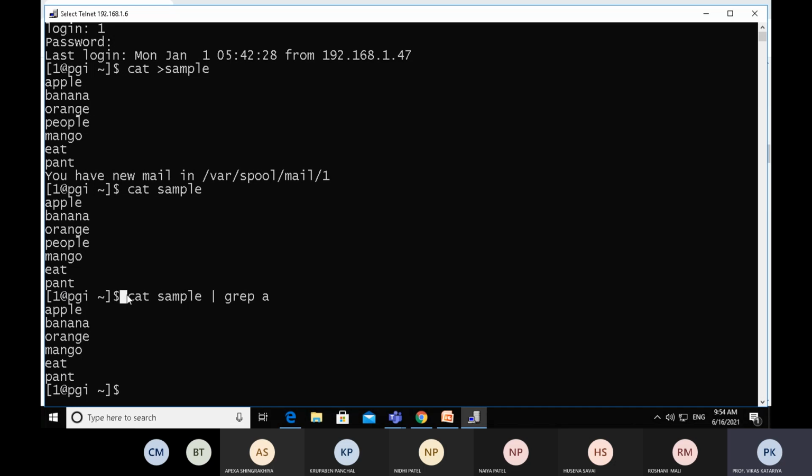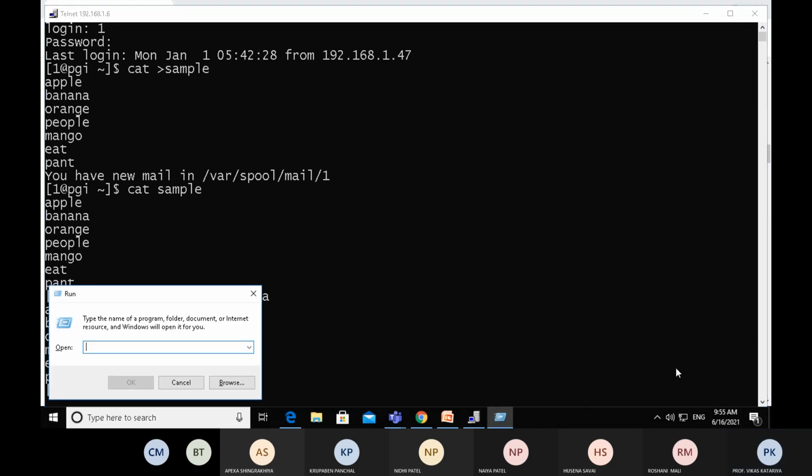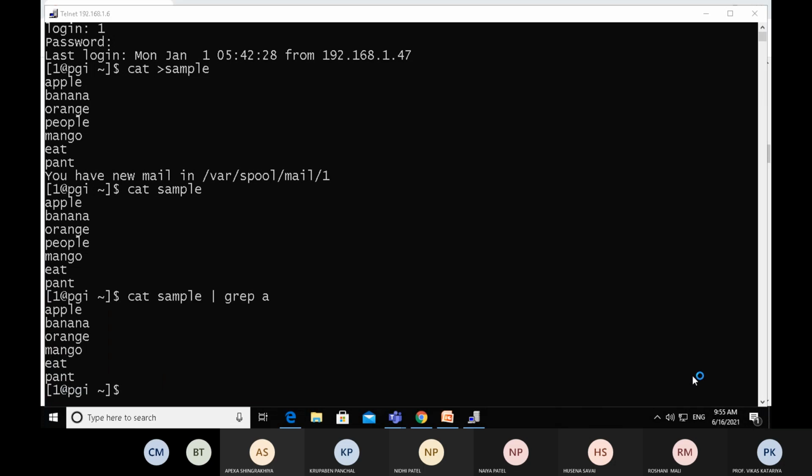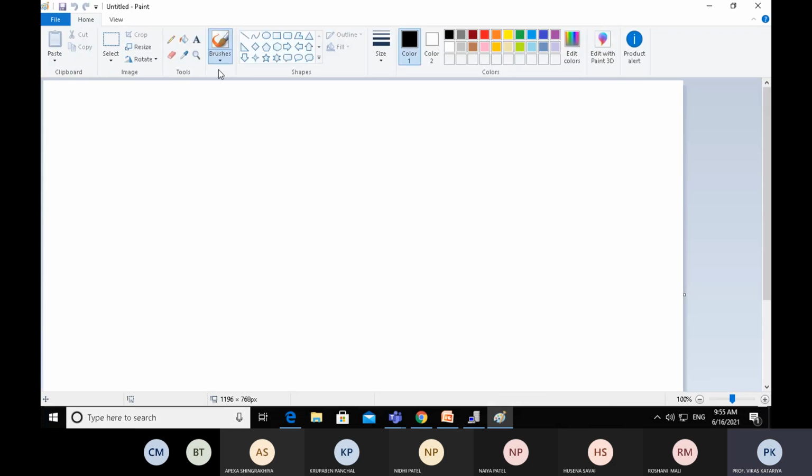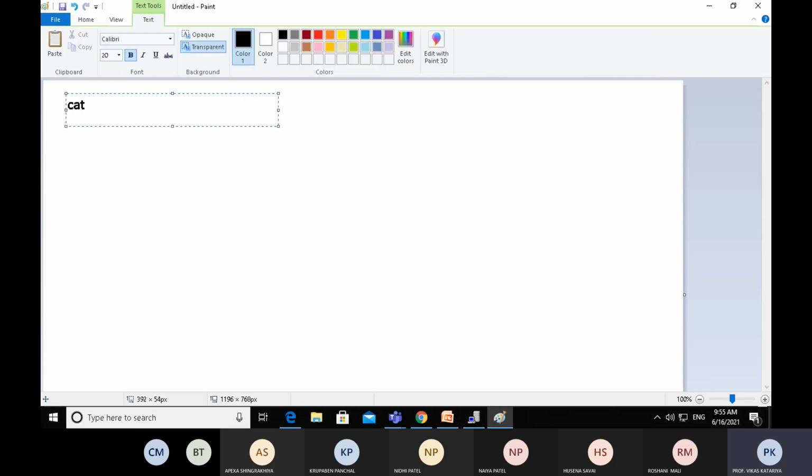Now the execution of this command should be understood very carefully. This is a very big concept of Linux, the pipeline concept. First, we write the query: cat sample pipeline grep a.